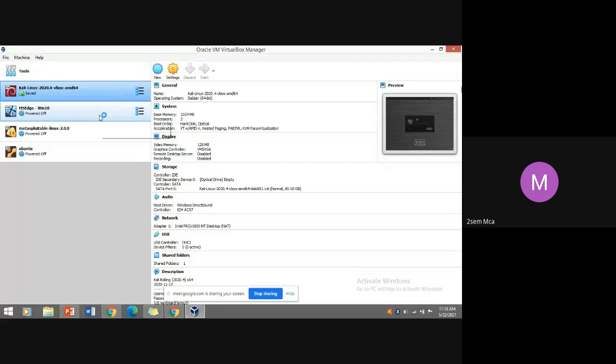It needs Kali Linux to make use of it. So I'm opening that Kali Linux now.